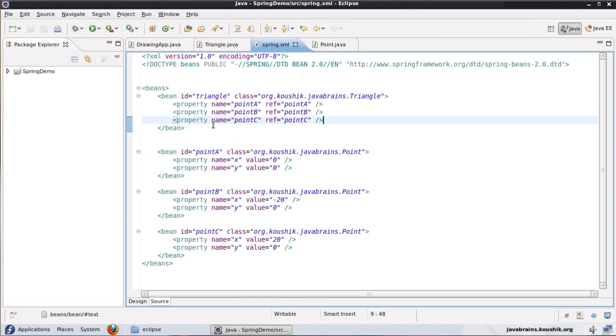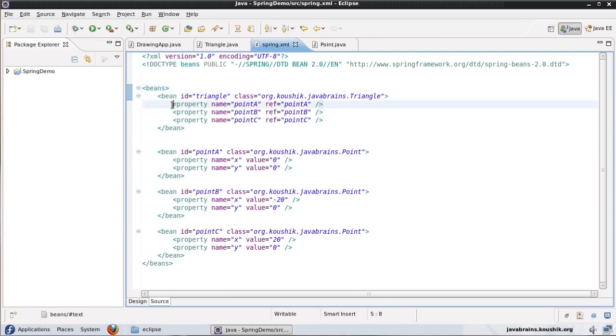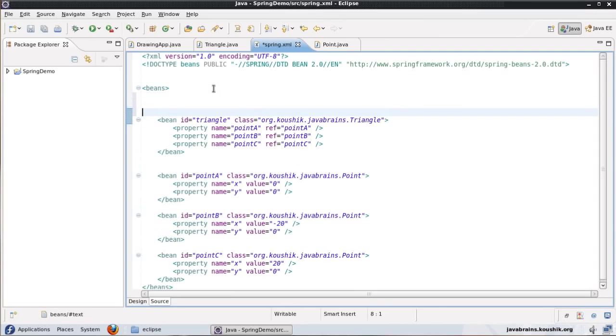Now I have this triangle bean which has initializations of 3 point objects. In order to demonstrate bean definition inheritance, what I'll do is I'll create a parent bean definition which contains the configuration for point A, and then I'm going to create a child bean definition which inherits from the parent, which inherits the point A configuration, and it adds point B and point C configurations to that inherited definition. So let's call this, id equals, I'll call this parent triangle,